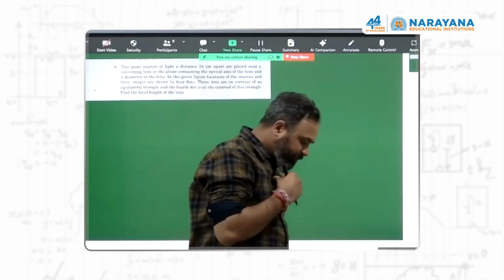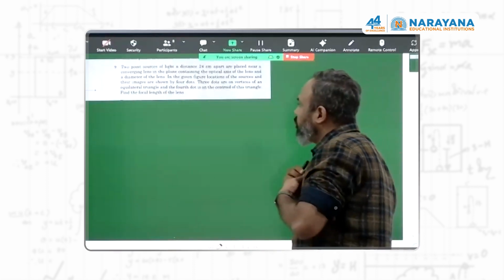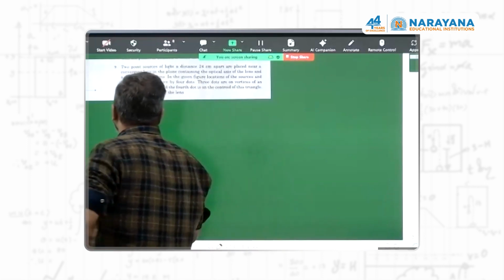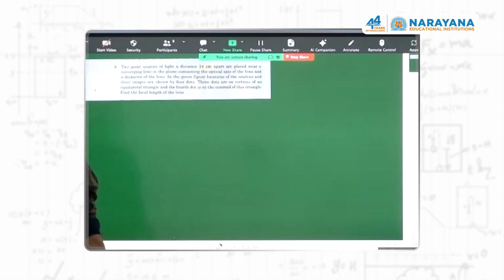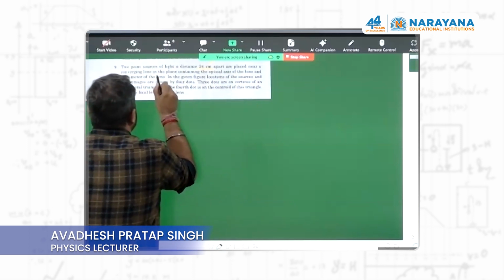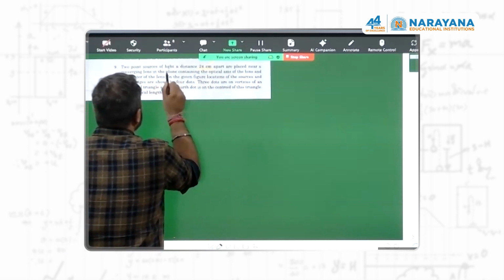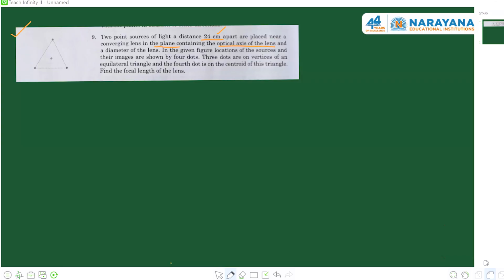Problem on optics. There the question is that there are 2 point sources of light, which are separated by a distance of 24 centimeters. And these sources are placed near a converging lens. Okay. And that converging lens and the plane containing the optical axis of the lens and the diameter of the